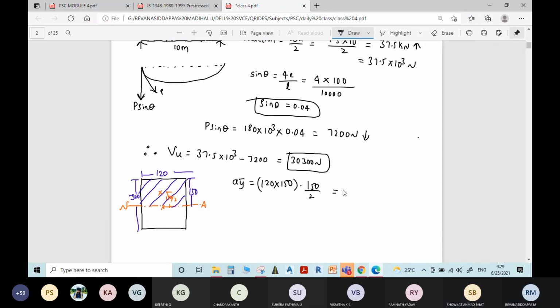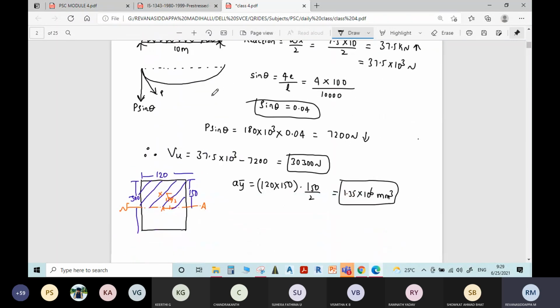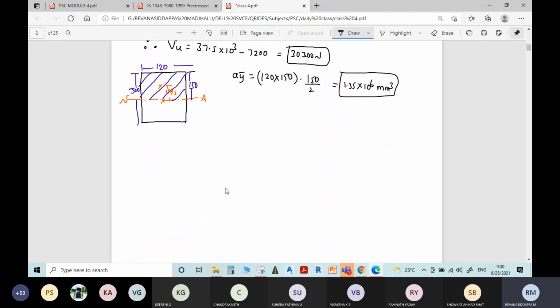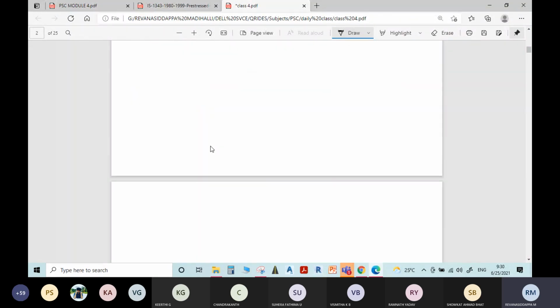1.35 into 10 raised to power 6 mm cube. Okay. Now in this formula, Vu is known, AY bar is known, moment of inertia you need to calculate. Moment of inertia is equal to